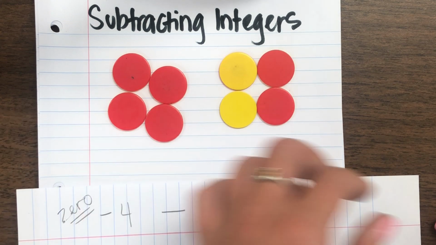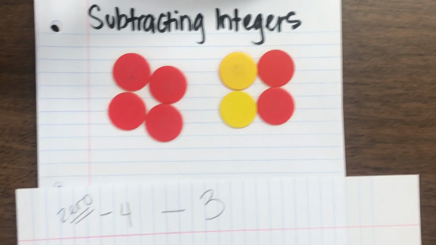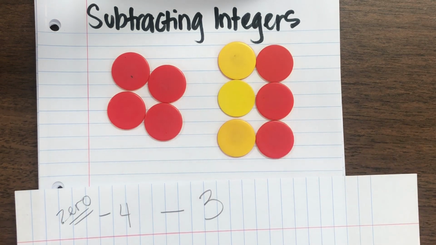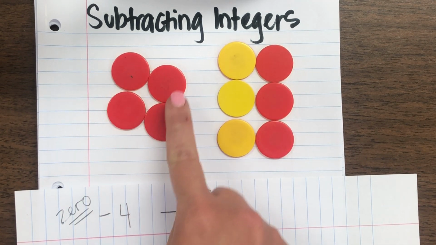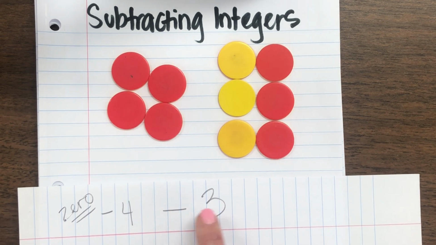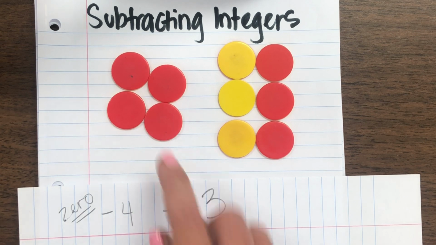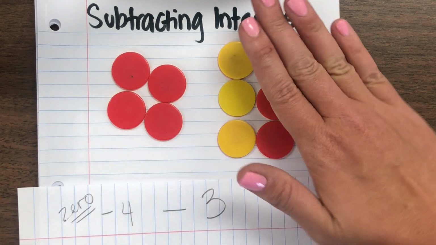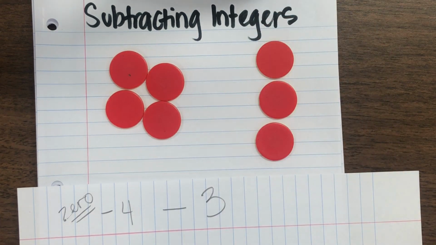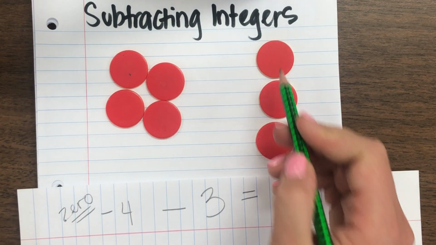Could I add another 0 pair? Now, this is still -4 because these are all 0, but now do I have enough to take away the 3 positives? Absolutely. So -4, again, I'm going to take away my 3 positives, and this would equal what's left,